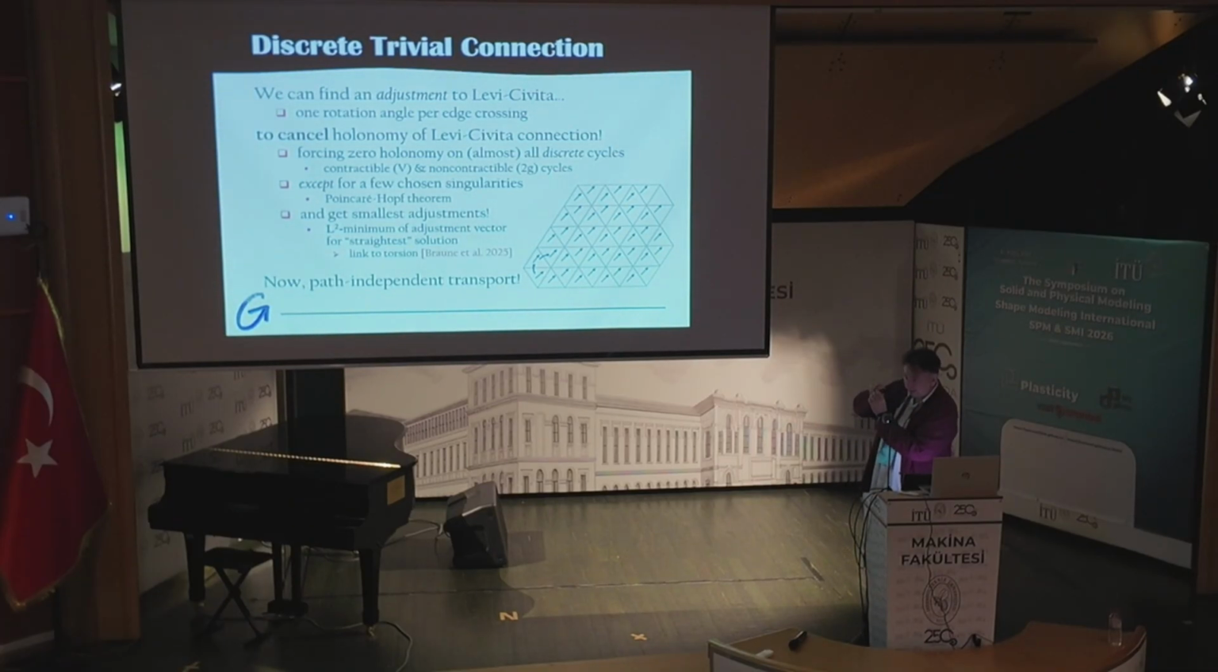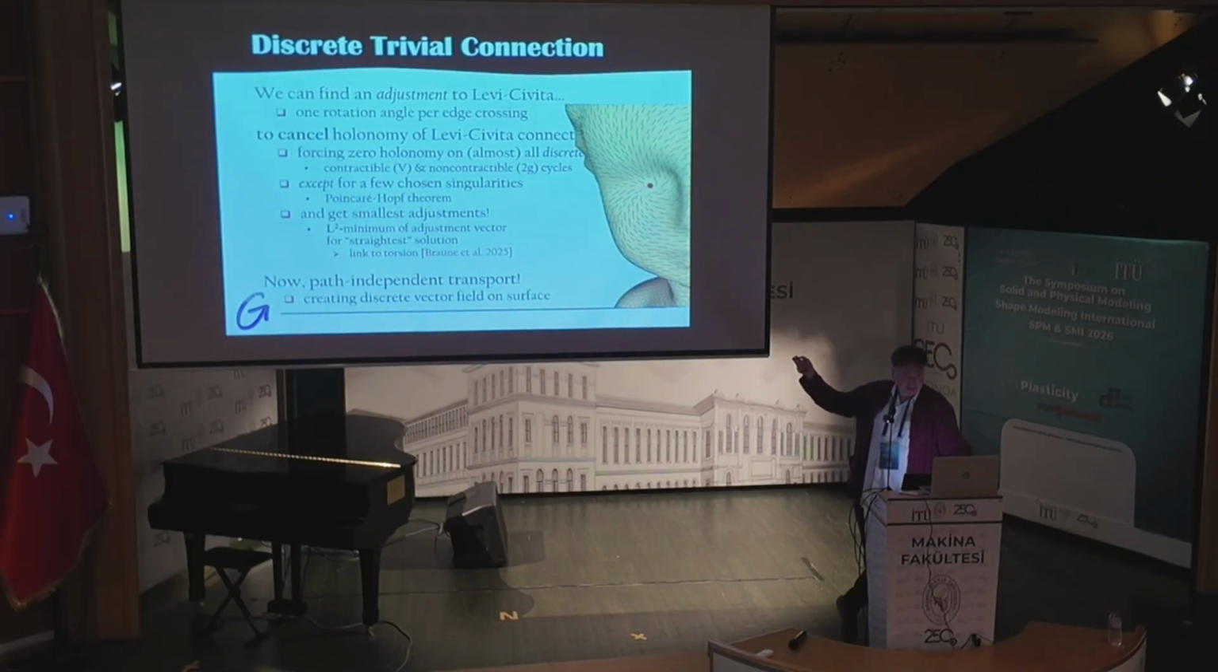So you can do really a propagation over the whole mesh, and you'll get a vector field, a direction field on your mesh. And because it's super close to the Levi-Civita, because you pick the smallest adjustment, it will be very smooth. And because it exactly kills the holonomy everywhere except at the singularities, it guarantees that the vertices that you picked to be the singularities, that's where your vector field will have a singularity